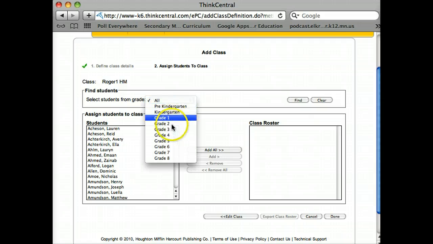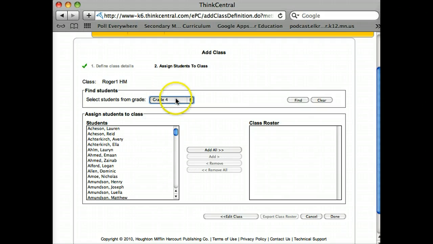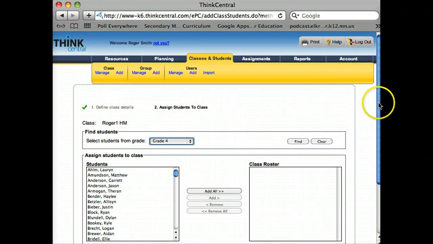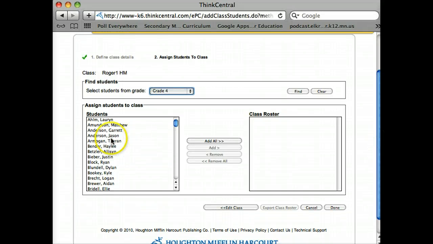But I want to drill down to just the 4th graders, so I'll choose 4th grade, and then to the right I'm going to choose Find, and it'll filter out all of the other kids. So now I'm only looking at the 4th grade students. So now you just take a few minutes here and find the kids that are in your 4th grade class,